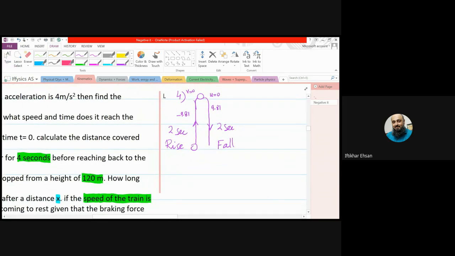If we consider the movement of rising, then I will prefer, as we know the final velocity, the formula, this one. As we know the final velocity is zero, acceleration is minus 9.81. Answer will be